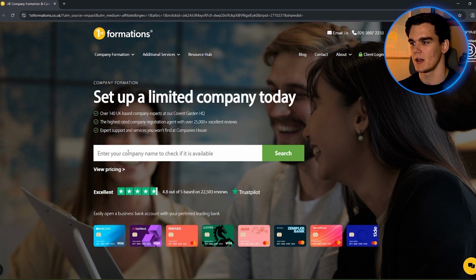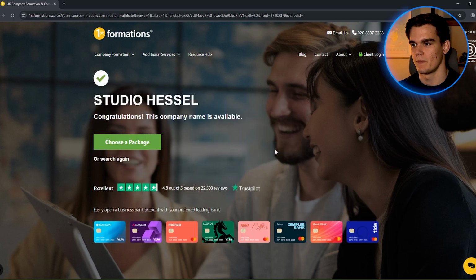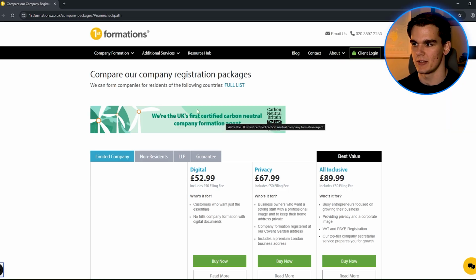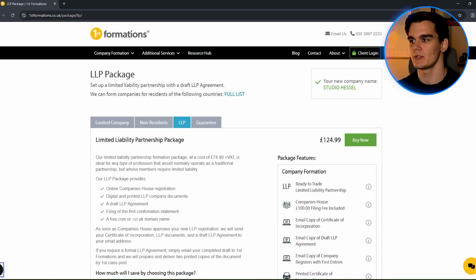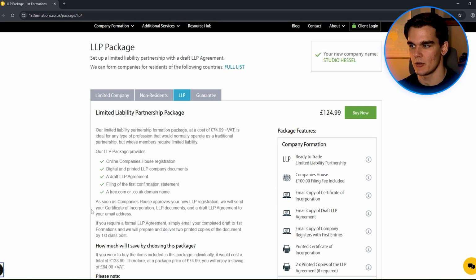So from here, I'll fill in a name that I want, and I'm gonna do Studio Hassel, and then click search. So we can see the name is available, so we click choose package. And from here we can see we have a couple of options. Just a limited company, a non-resident package, and one for an LLP. So here we want to go to LLP because the non-resident package is only for limited liability companies and we want the limited liability partnership. You can see that this package starts at £125